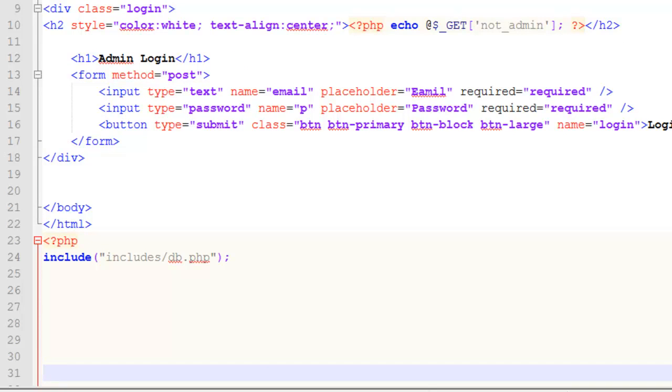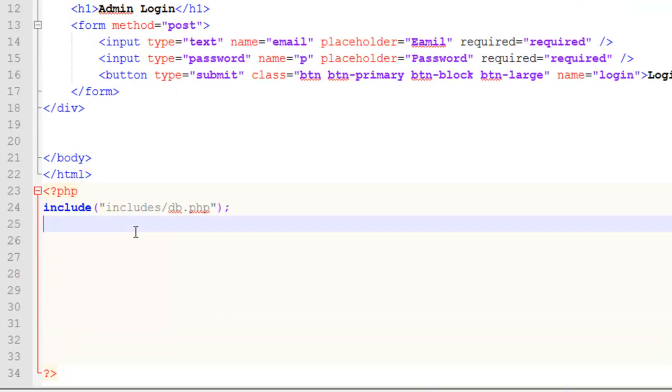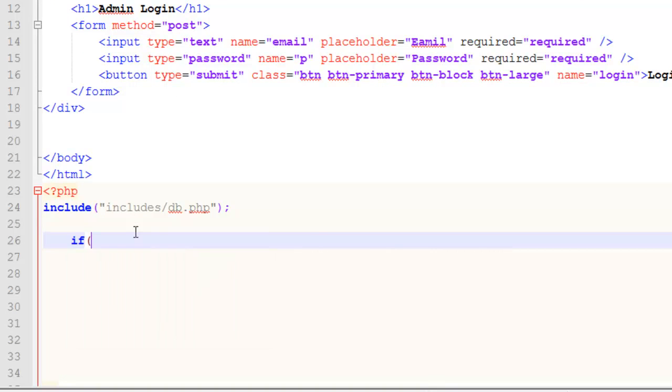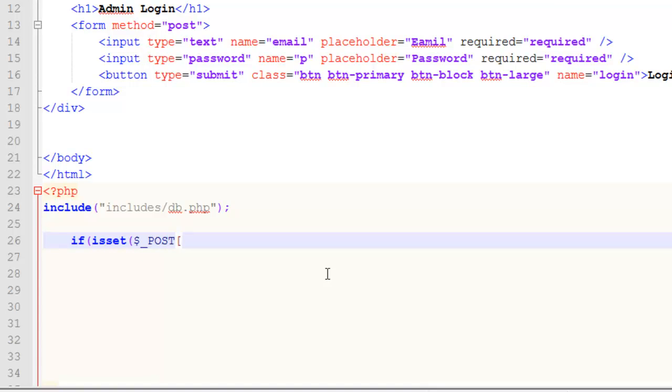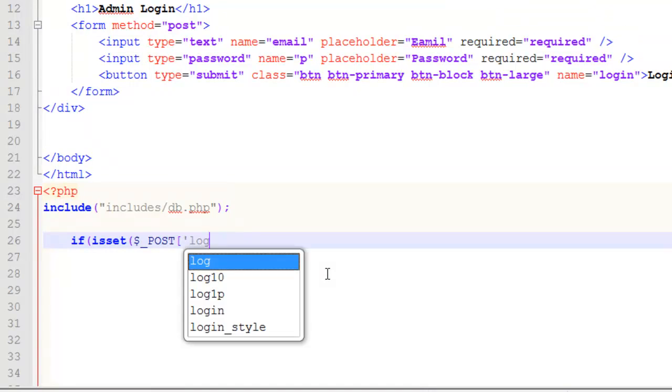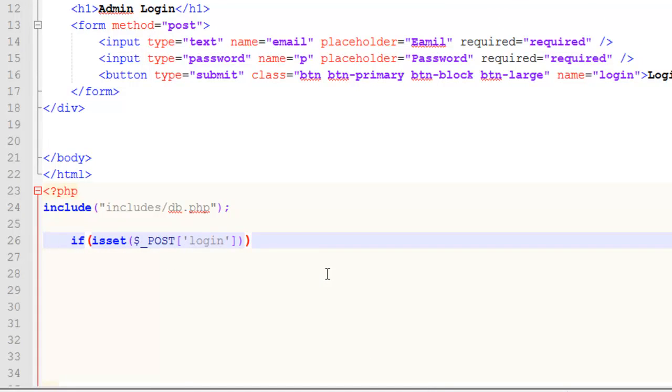So in here I will simply write if isset $_POST login button. If the login button is active, then execute this whole script, in which we will first of all save the values. And the first value is basically email, which will be equal to